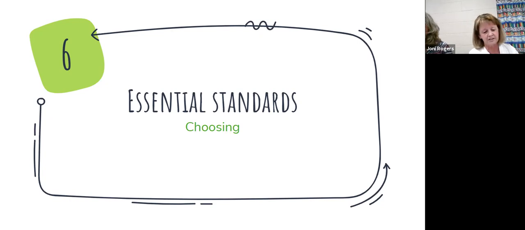And choosing those essential standards, we want to differentiate the standards that are nice to know from those that all students need to know. And we will do this also by considering in our vertical alignment what they need to know to be successful in the next grade level, being first grade. So we'll visit with our colleagues in the next grade level and establish to help pick our essential standards that we want to really focus on.